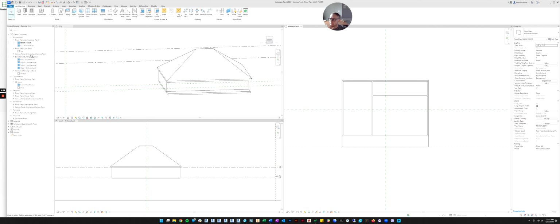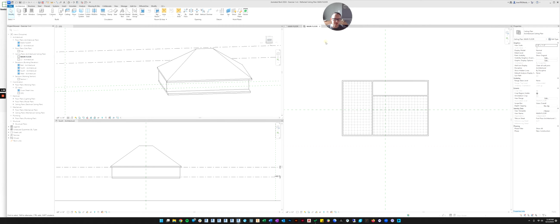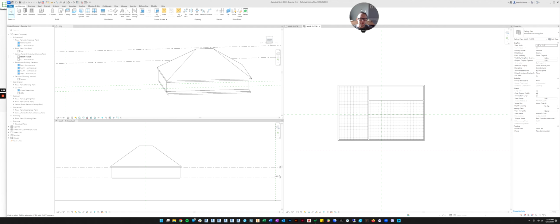So to do that, we have what are called ceiling plans. And there's a level 1 ceiling plan. Let's rename it to be main floor. And now let's open that up. So do you see how in the main window, we've now got floor plan. There's the main floor plan, let's name it. That's a little confusing. Let's rename it main floor ceiling. Oh, and then it's asking, do you want us to rename the level? No.